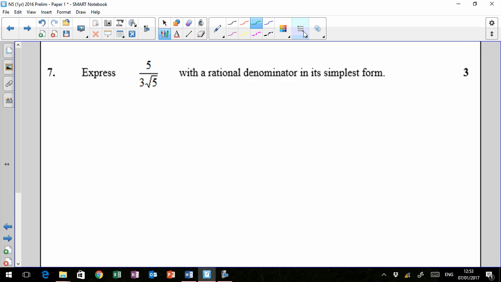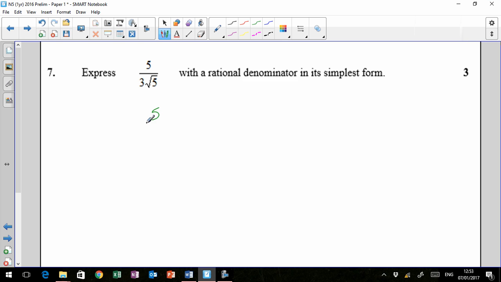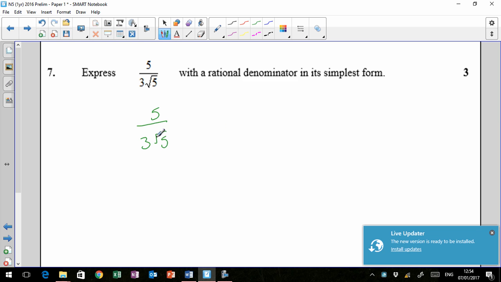Okay, question 7. We need to express 5 over 3 root 5 with a rational denominator. So the denominator is the bottom of a fraction. If we want it to be rational, that means we do not want any surds there. So to get rid of this surd,